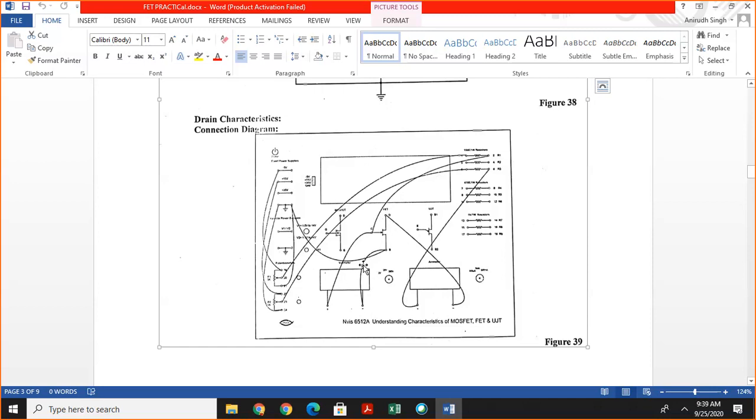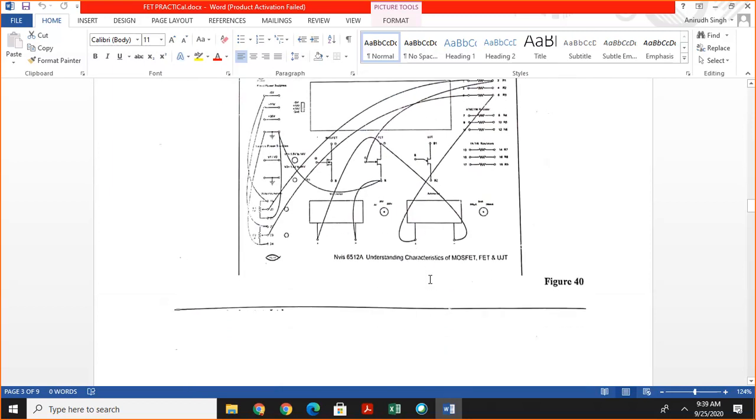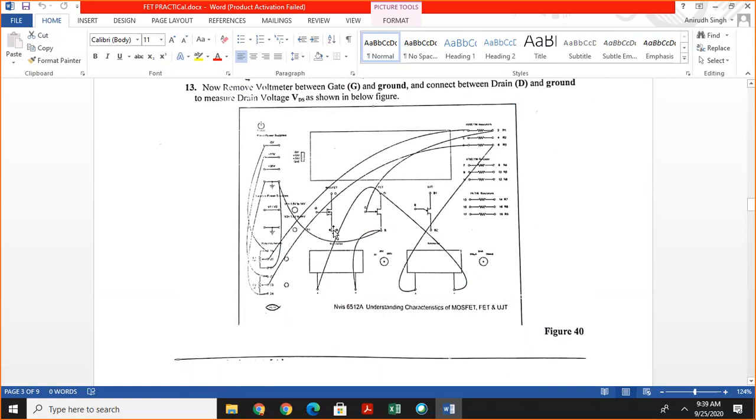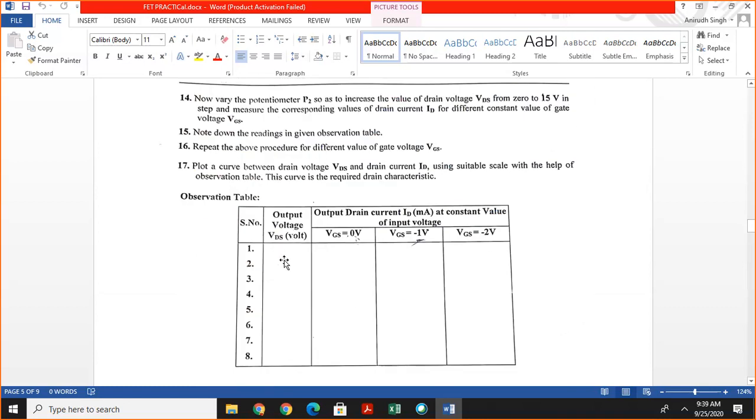In this drain experiment, simply fix this voltage, then change this terminal to the gate terminal, this terminal to the drain terminal, and then change the value of VDS from this knob from 0 to certain voltage, and for different values of voltage we note the value of VDS and corresponding value of ID from ammeter. In this case, the voltmeter is applied between drain and source.